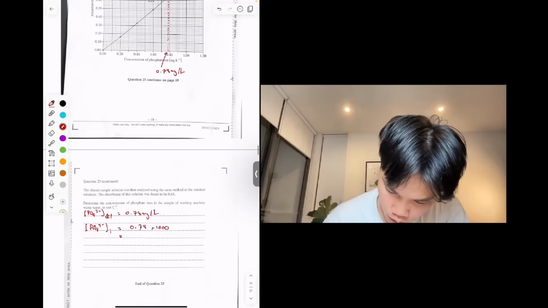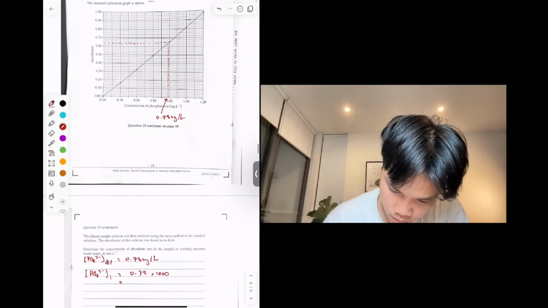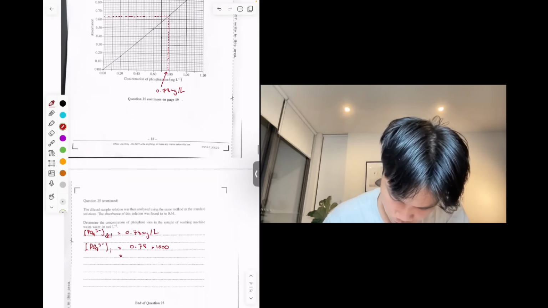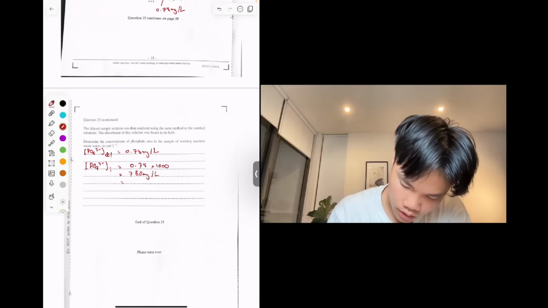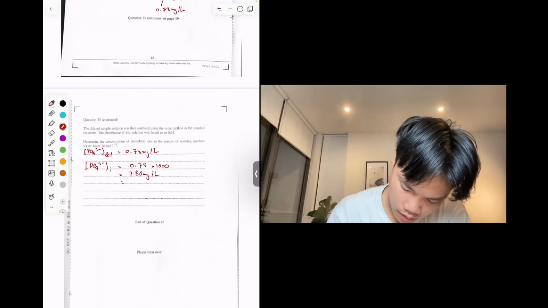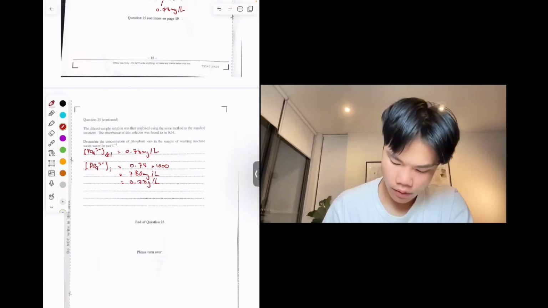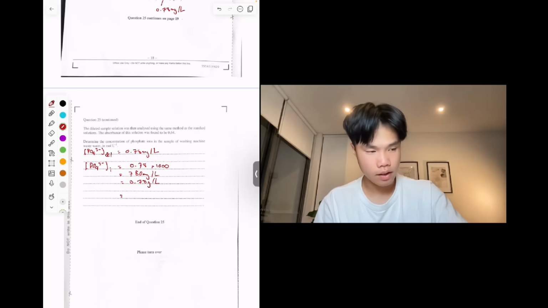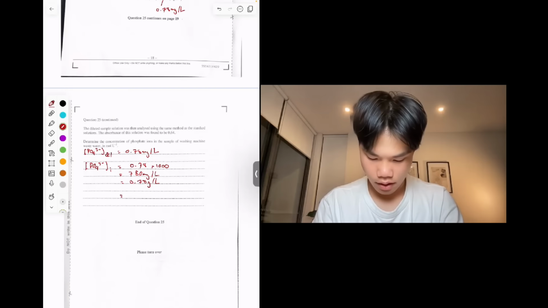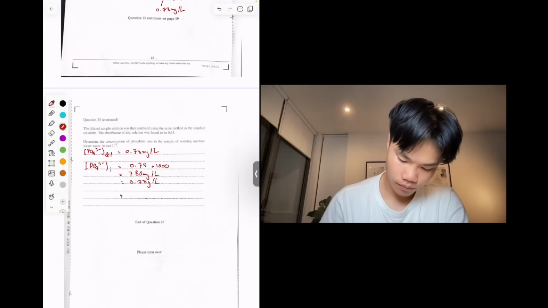is it really milligrams per liter? It really is. Okay, so it'd be 780 milligrams per liter, which is the same as 0.78 grams per liter. They want it in moles per liter. So then you divide by the molar mass of phosphate,